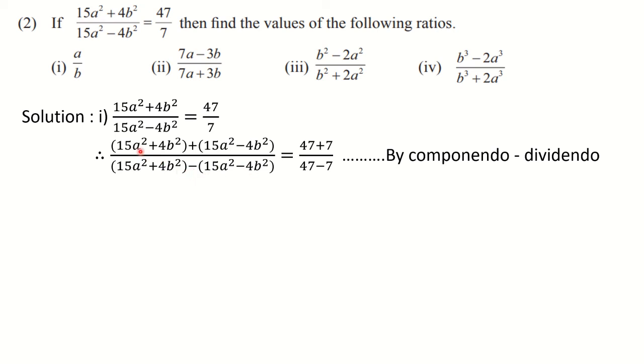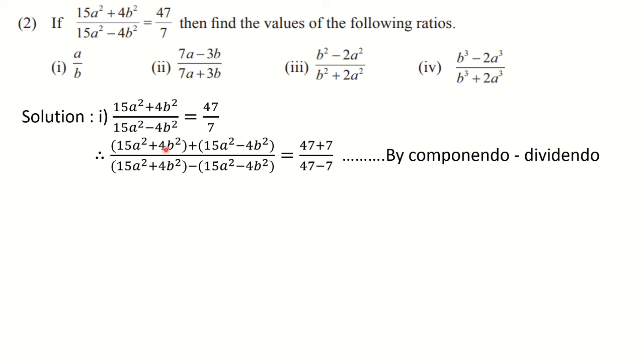Then in the first bracket, at both the places, you write down the numerator. That means the same terms should appear in the first bracket. Because what is componendo dividendo? a plus b, a minus b. In a hurry, if you write the numerator here and the denominator here, you make a mistake. So always write empty brackets and then go on filling them. In the first bracket you write the numerator both the places, and in the second bracket you write the denominator.